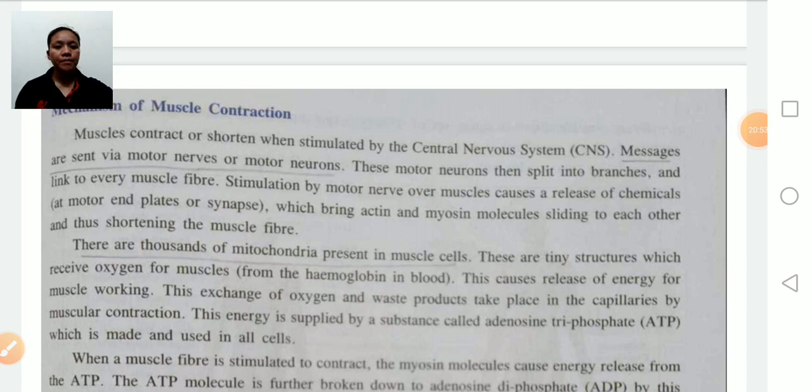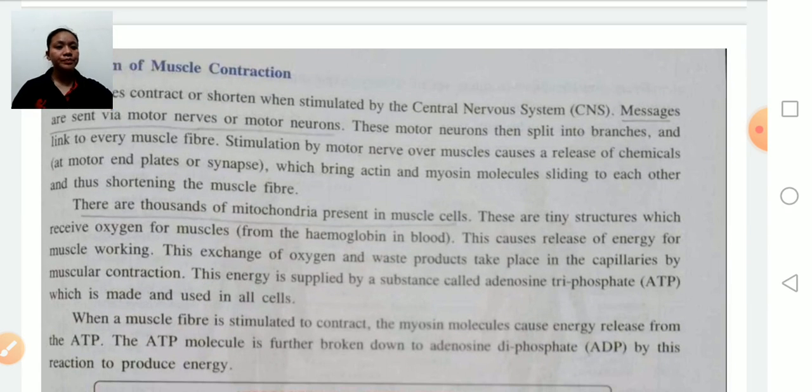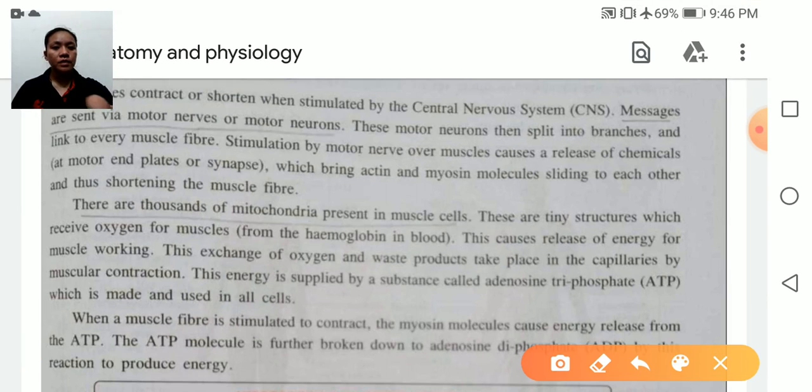Mechanisms of muscular contraction. Muscles contract or shorten when stimulated by the central nervous system. Messages are sent via motor nerves or motor neurons. This motor neuron then splits into branches and links to every muscle fiber. A stimulation by the motor nerves over the muscle causes